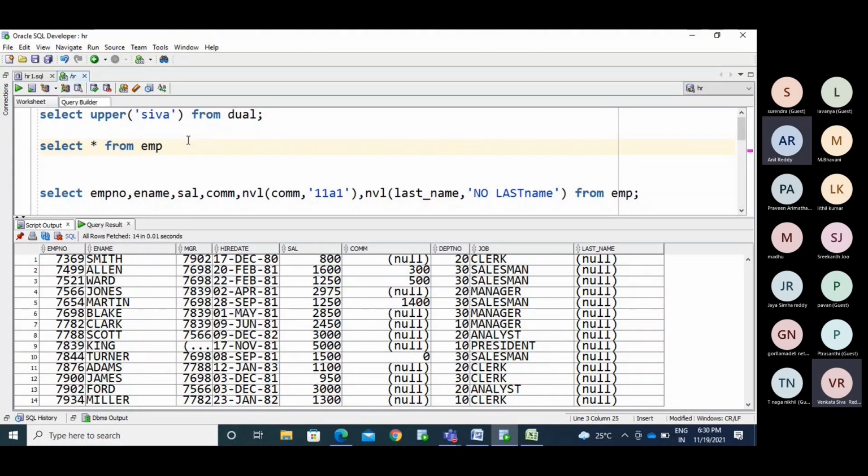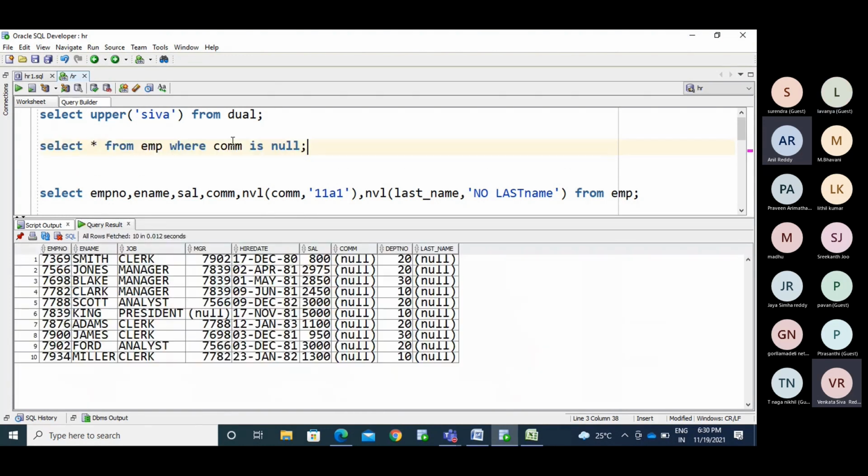Use where commission is null. But I don't want to use the is operator. Without using the is operator, I need to retrieve the data now. So I got the answer for only one guy.